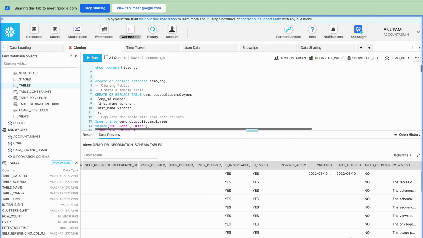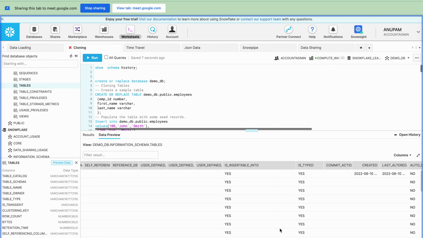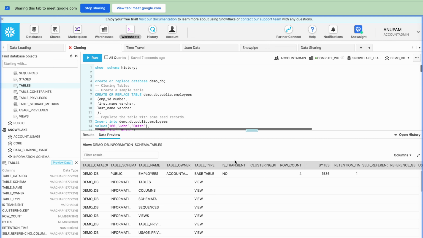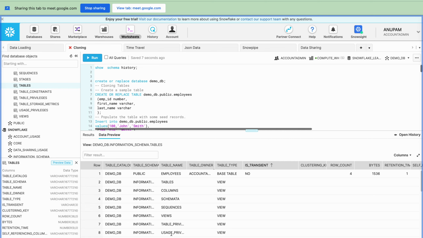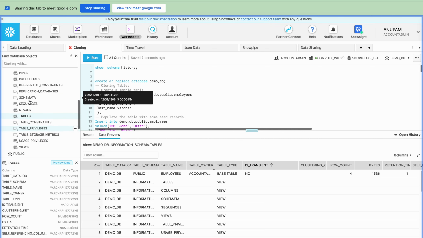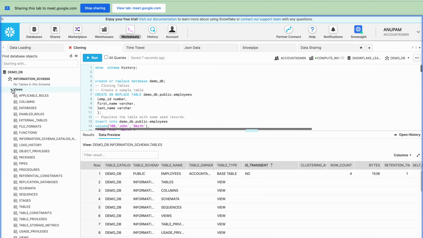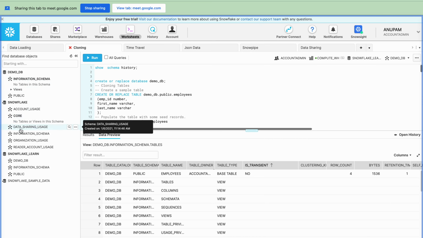And user defined. So auto commit is typed in insert table. See, this one flag is there, is transient. With this flag you will be able to see whether that table is transient or not. Temporary I'm not sure, but there will be another one, if you just go in this classic console, you will see there is another type of